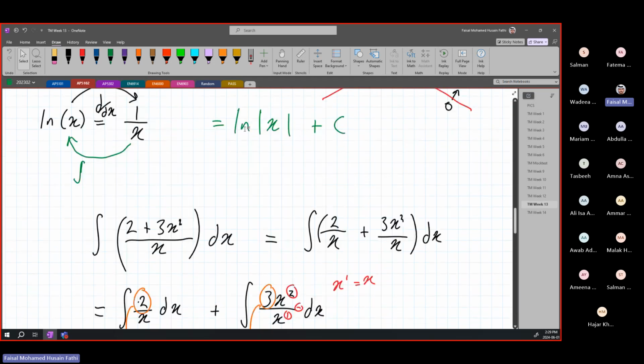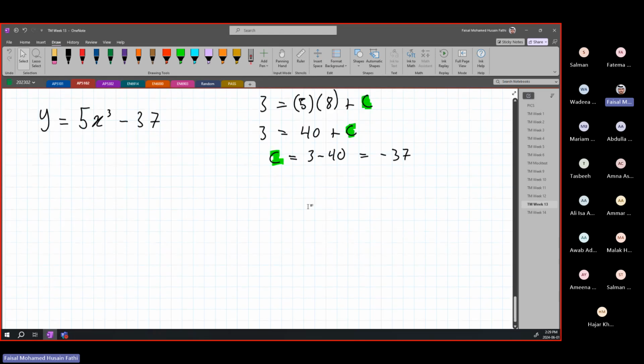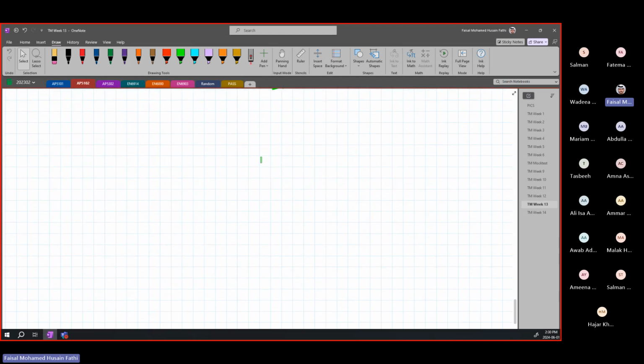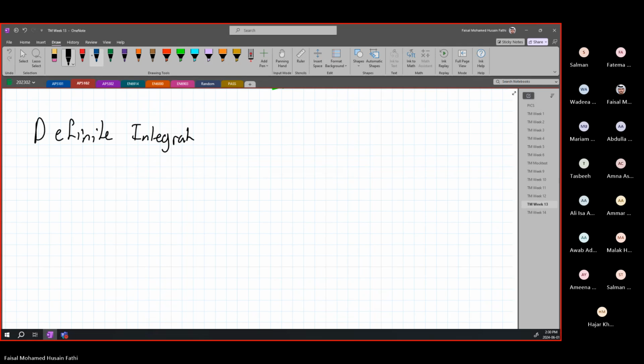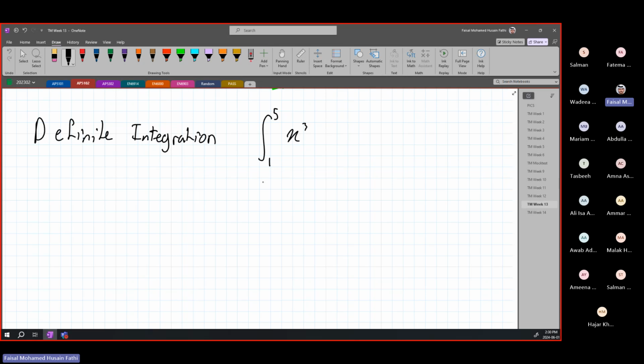So now we were just doing a revision basically for integration. First, this was known as indefinite integration. All right, so what we did was indefinite. What about definite integration? I covered it very slightly last time. But definite integration basically means that you have a value here, let's say 1, and the value here, let's say 5. And then you have your integration. Let's keep something simple like 5x cubed dx. This is what is meant by a definite integration.